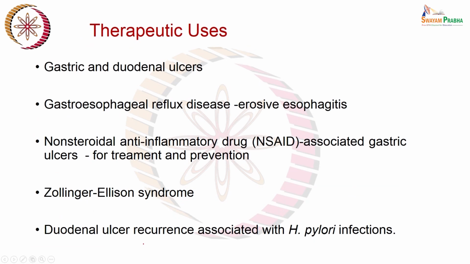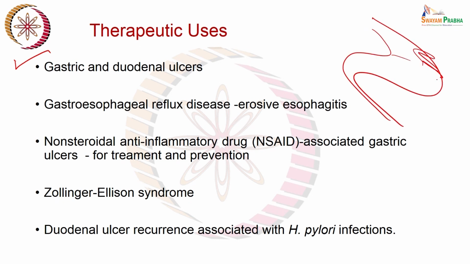Where are they used primarily? I would not recommend omeprazole or pantoprazole for just symptomatic relief of hyperacidity, if you have taken too much oily food. The primary indication is the gastric and duodenal ulcer. If this is the gastric ulcer or the duodenal ulcer, these are the two major indications of